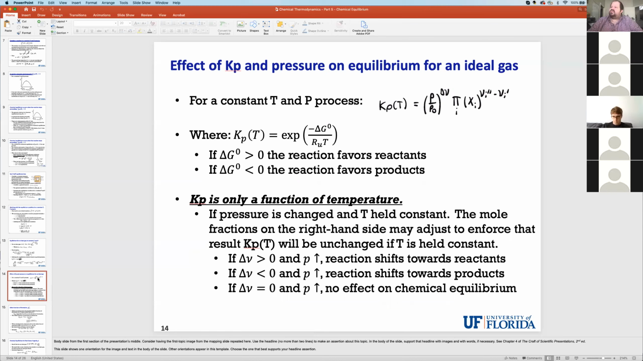Okay, and so for a constant temperature and pressure process, we know that the equilibrium condition is that Kp(T) is equal to this expression here, which was derived very hurriedly on the previous slide, and where the equilibrium constant is e to the minus delta G naught over RUT. So you can see here that if delta G naught is greater than 0, this term here will be smaller than 1. If it is smaller than 1, you know that